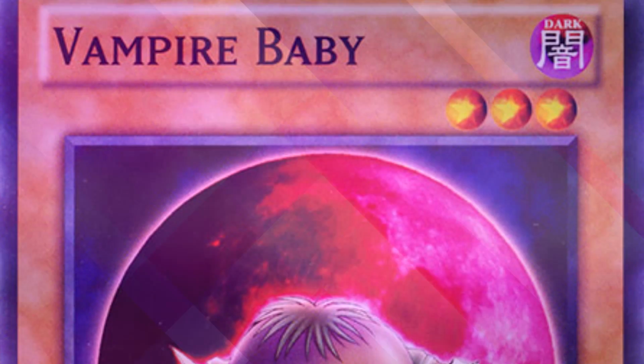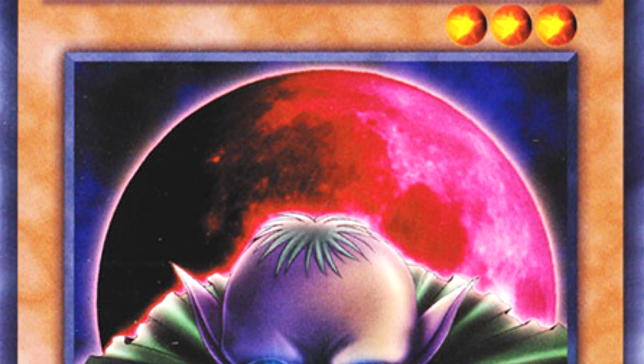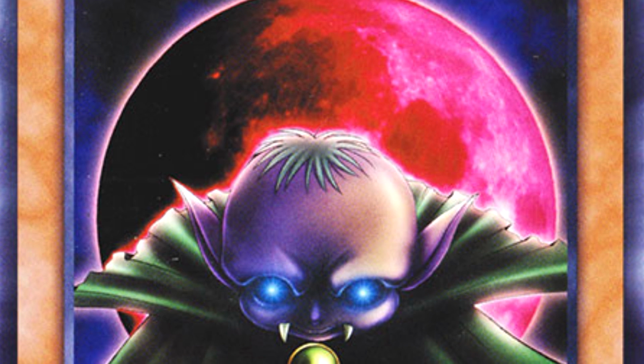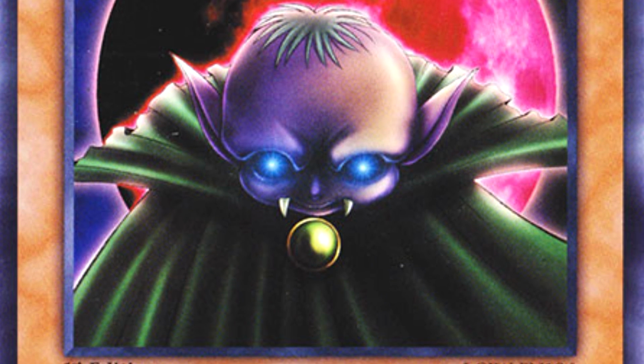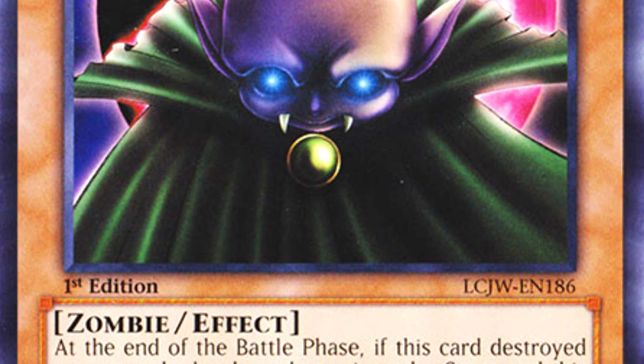Next up we have Vampire Baby, formerly known as Red Moon Baby back in the day. Now I'm not going to be too hard on this card because it was released in 2002, but even back then the card was pretty much useless. Let's take a look at what it does. Vampire Baby is a level 3 dark zombie effect monster with 700 attack